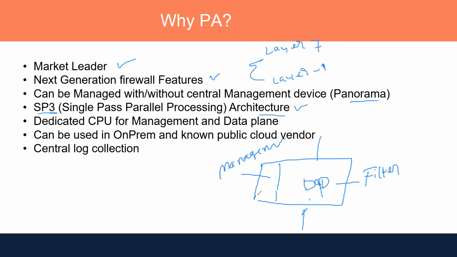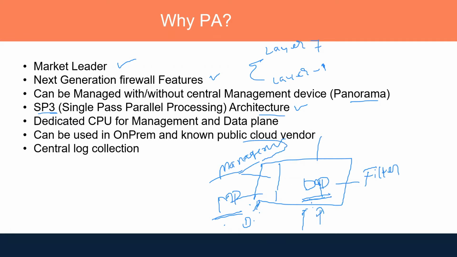So let's say you have a data plane and you have a management plane. For the management plane, the Palo Alto firewall is using dedicated CPU and dedicated memory. That means the CPU for the management plane would not be shared with the data plane. Same thing here: the data plane CPU or memory would not be shared with the management plane. So this makes the Palo Alto firewall a redundant design. Let's say if the data plane utilization goes high, still you would be able to see the policy logs, etc. Similarly, if there is an issue on the management plane, your data plane would not be affected.